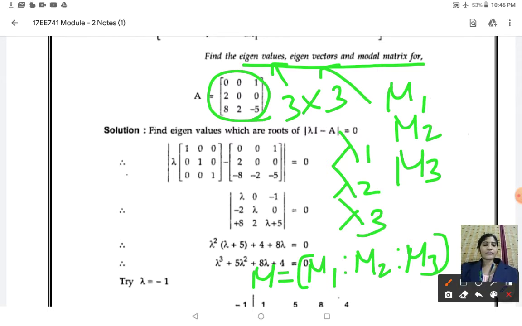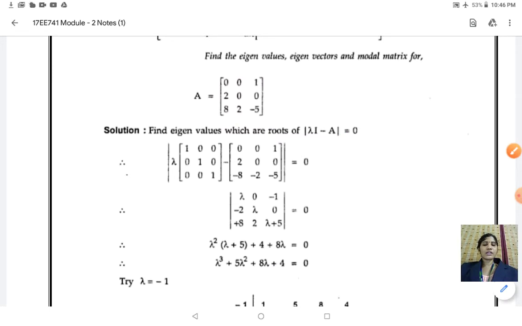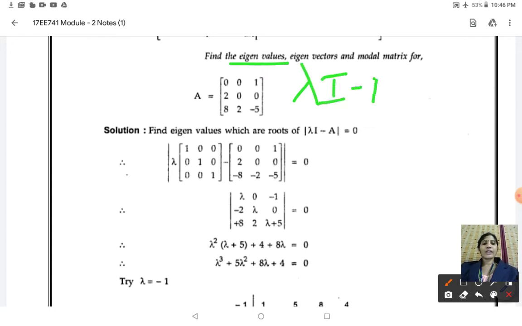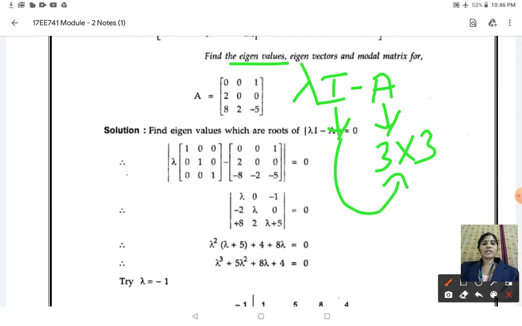First, if you want to identify your eigenvalues, the first step is you need to identify the characteristic equation lambda I minus A. What is the order of the matrix A? It is going to be 3 cross 3. So the identity matrix will also be of order 3 cross 3. Lambda is a constant, I is your identity matrix whose order is similar to the order of the matrix A, and this is your A matrix. So lambda I minus A, if you identify, you are going to get this particular matrix.